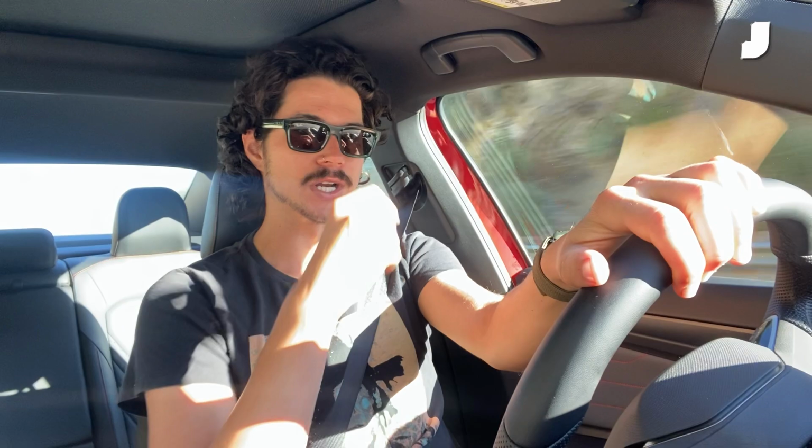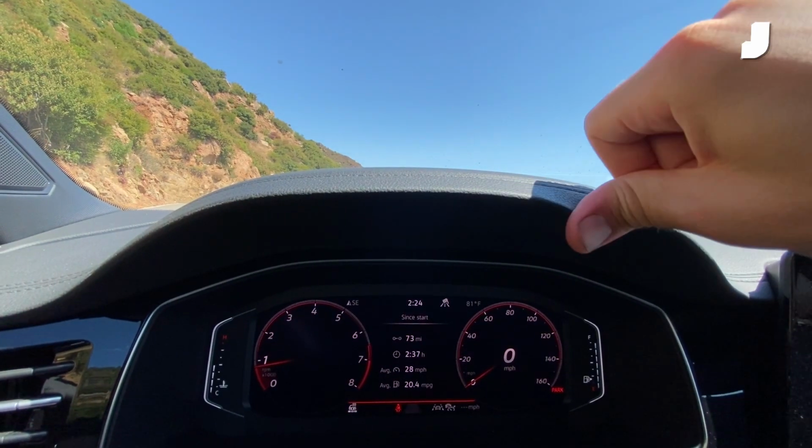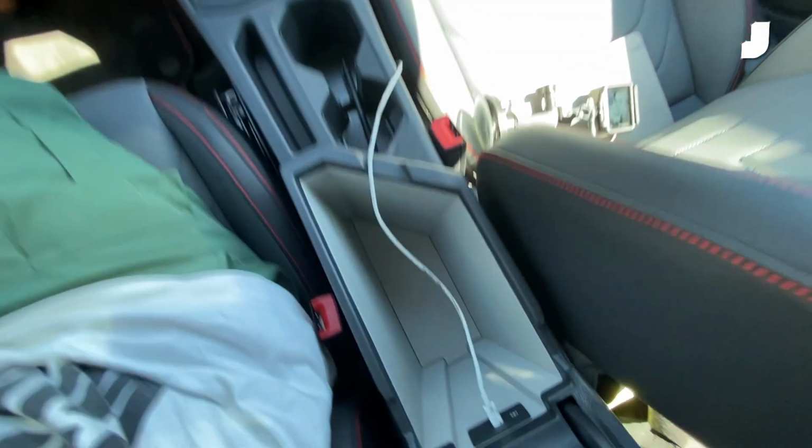It seems fine. There's not a ton of headroom up front. My head is brushing the ceiling and the seat is as low as it goes. There's not a ton of adjustment in the seat, but again, this is a compact car. So competing with things like Civic and Elantra, you don't necessarily expect the finest of features to be offered in here. That said, materials quality, everything you touch is pretty solid. Top of the door up front is squishy. The dashboard is very squishy, rubberized. The armrest here has a lot of padding,